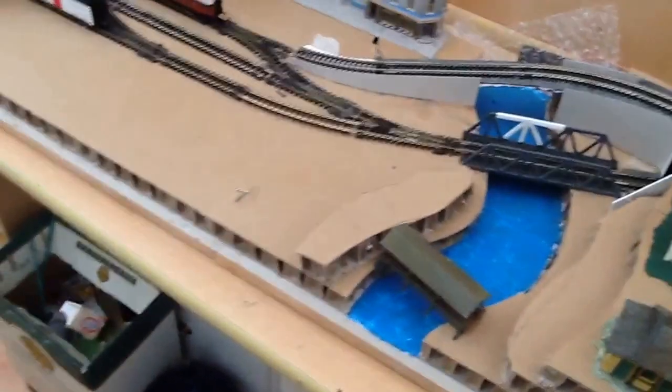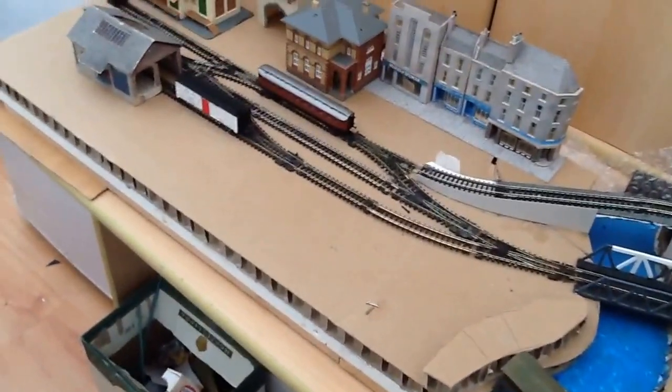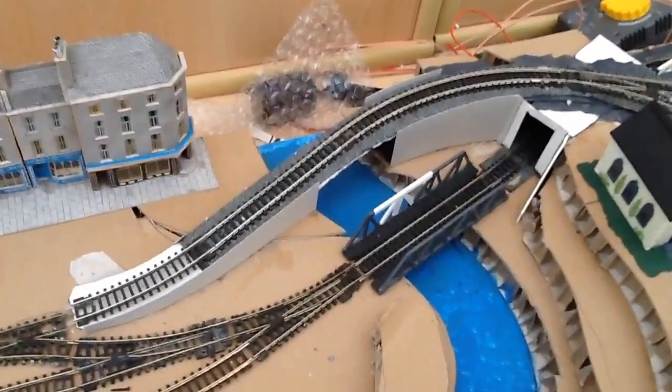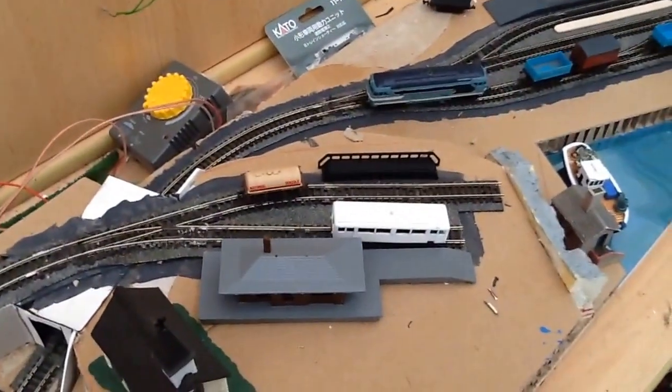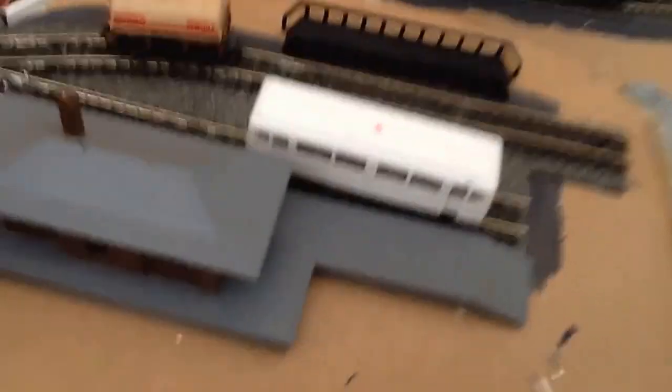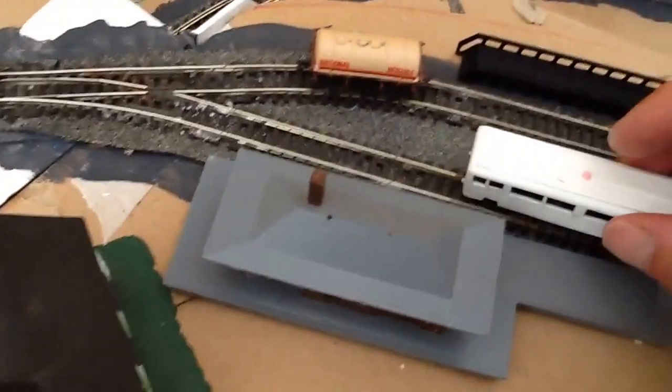The big thick 15mm card was nicked from a neighbour when they had a freezer delivered, and that's enabled me to do the hills. As I did the hills, I realised I could get an incline in. So I've even got more than I ever wanted on my branch line, because I've got a little branch line on a branch line. And that there is my little diesel rail bus, which I'm scratch building on a Kato